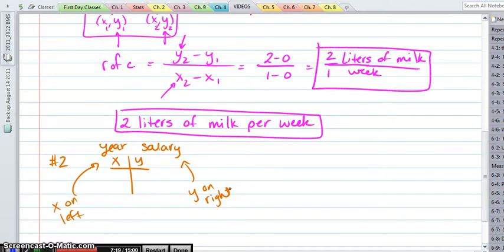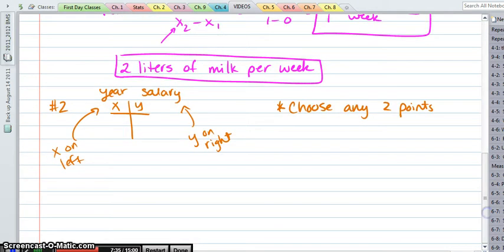We're going to do the same thing to find the rate of change. We want to find the change in our vertical or Y position and our change in X or horizontal position from one point to the next. So again, we can choose any 2 points. This time, I could choose 1 and 21,000, but let's say you chose the last 2. So let's say we had 3, 26,000. So that would be our first point,